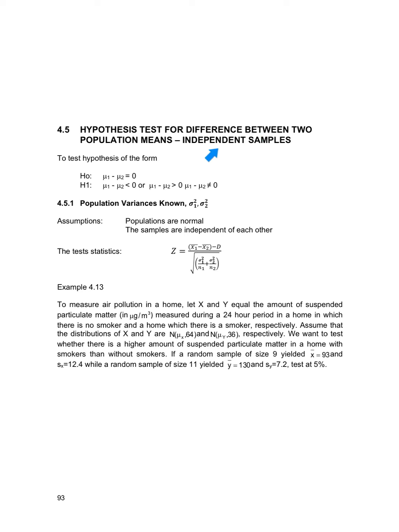So we will continue on 4.5, hypothesis test for the difference between two population means, specifically for independent samples. If you still remember, at 4.4 we already looked into hypothesis testing for one population mean. We have three different cases to solve the hypothesis testing for one population mean, whereas under this topic for independent samples, if you still remember at the estimation topic, we have four